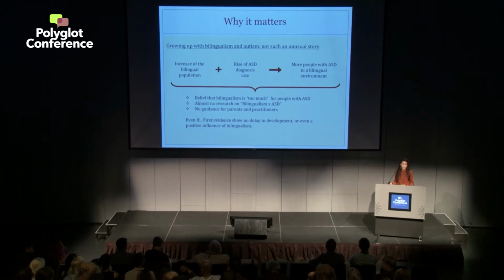And the other situation is that there's barely any research done on bilingualism in autism. As a result, parents and practitioners are left with barely any guidance as to whether they should keep bilingualism or not. And you have to bear in mind that it is really important, because it's about the language they will use to interact with their child, and it's very important for the child's development. So we have to better understand what's happening to the autistic brain when we keep bilingualism.